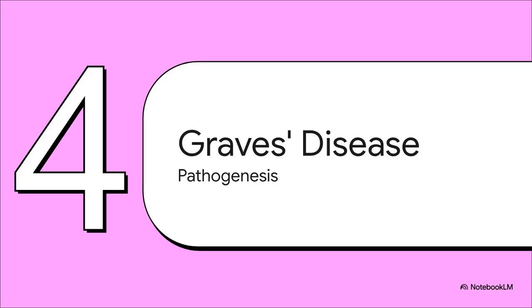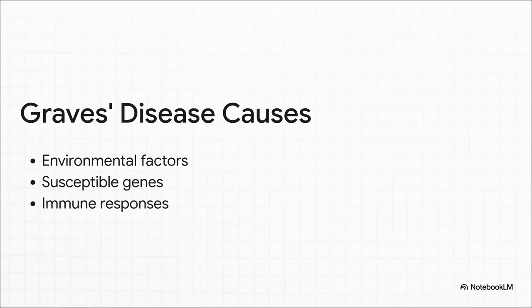Section 4. Graves' disease, pathogenesis. With the normal physiology established, what happens when this perfectly designed system gets hijacked? Graves' disease is a masterclass in autoimmune hijacking. It usually starts with a combination of susceptible genetics and environmental triggers, things like severe emotional stress, smoking, infections, or sometimes even iodine excess. This combo sets off an immune response where lymphocytes synthesize these rogue antibodies called thyroid-stimulating immunoglobulins,